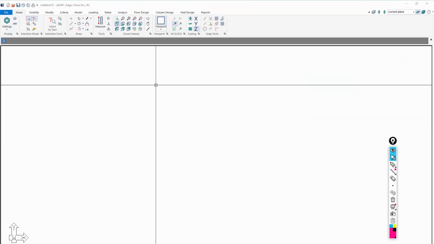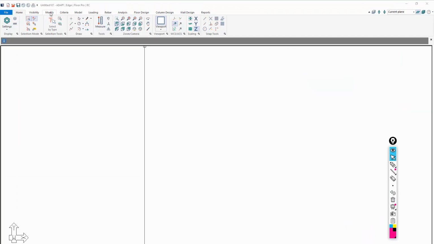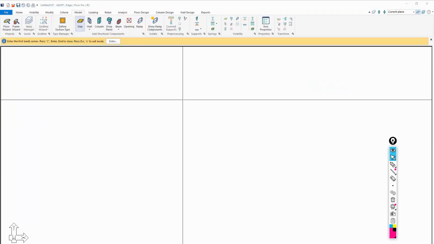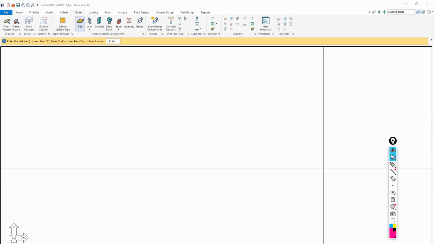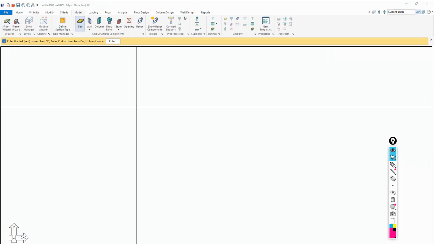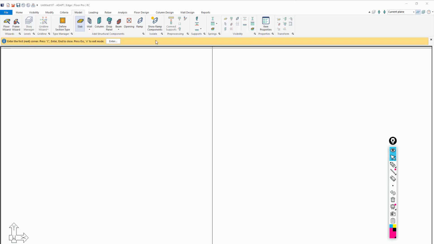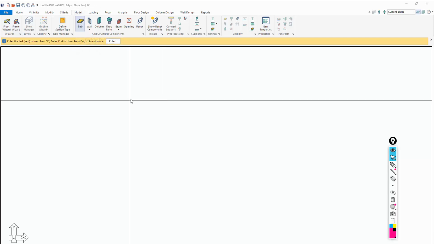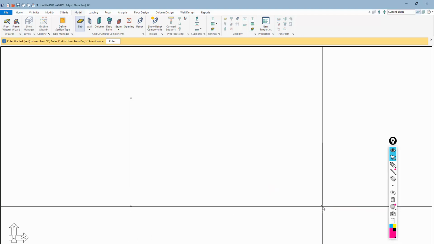We'll go ahead and get rid of that drawing. And the first thing we'll do is just model our, this might be a mat foundation, it could be a pile cap, it could be just something supported on piles. So we're going to model that as a mat. It's important to also note we're working in Floor Pro mode because this has to be elevated, so we're using the tools in the program that allow us to model an elevated slab component. And once we model our slab in, like so,